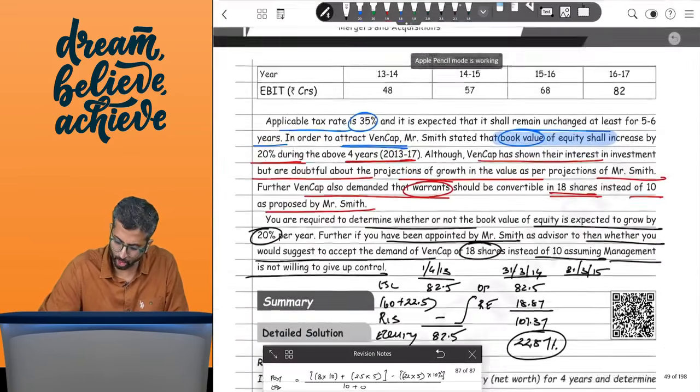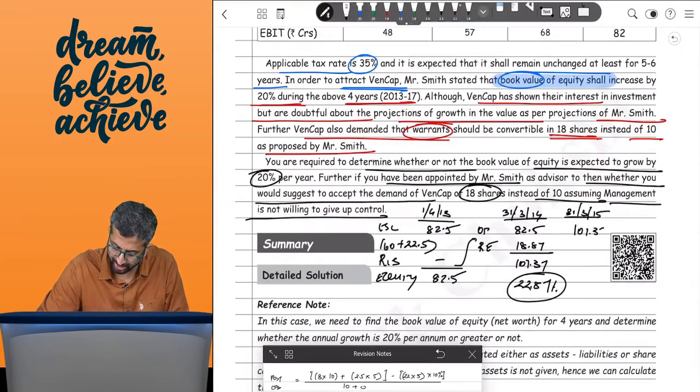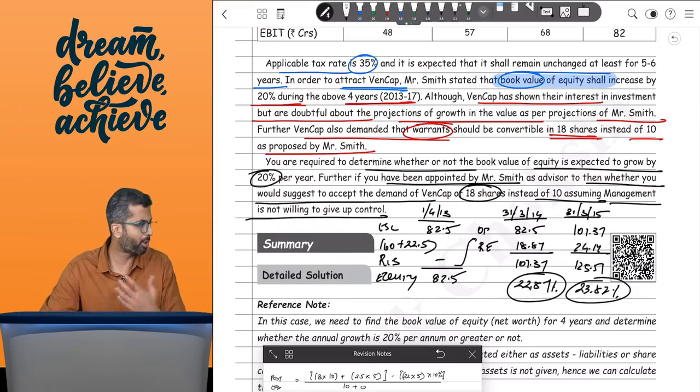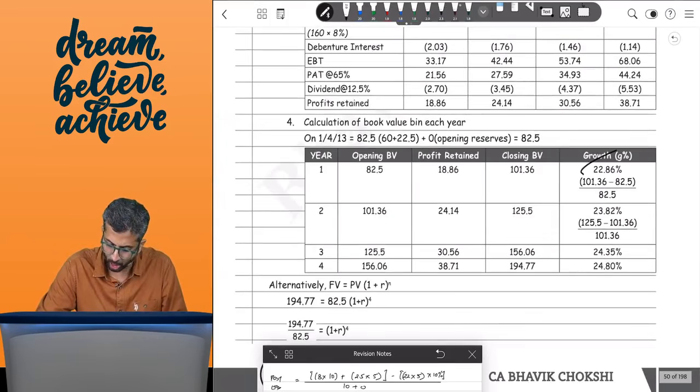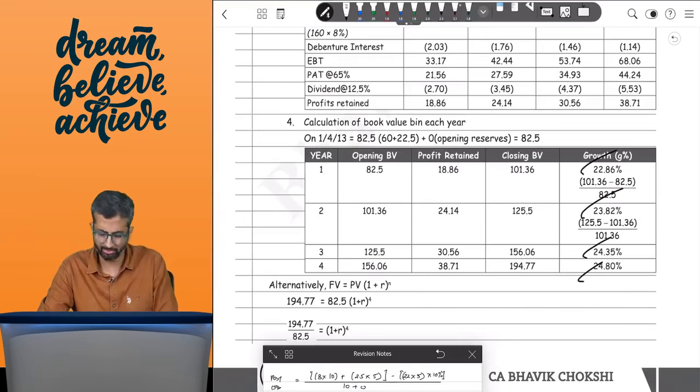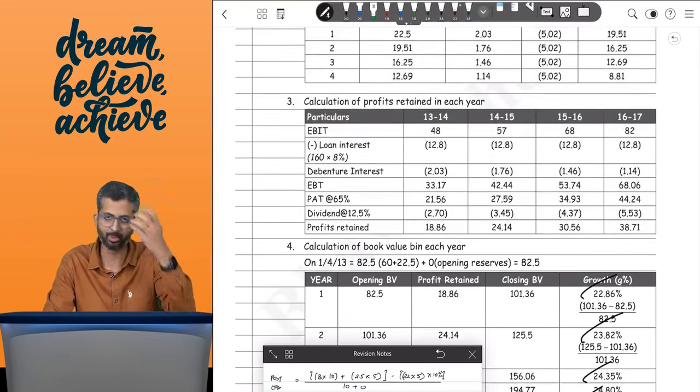This is my retained profit. So I will say that okay, in the next year my opening is 101.37, but further I have retained 24.14, and hence if I total this, it comes to around 125.51. Now in percentage, 125.51 minus 101.37 upon 101.37 in percentage comes to around 23.82, and so on. So basically I will keep on doing this working for 4 years and try to find the growth. So over here this is 22, this is 23 as we just found. Other 2 years if you do the working, again this is 24 and so on. So every year the growth is greater than 20%,